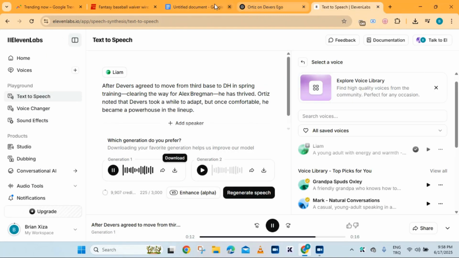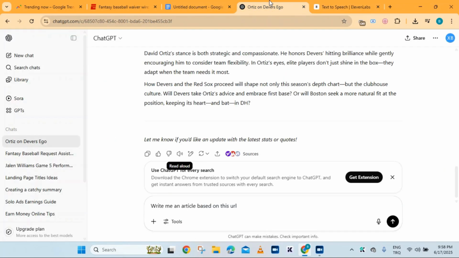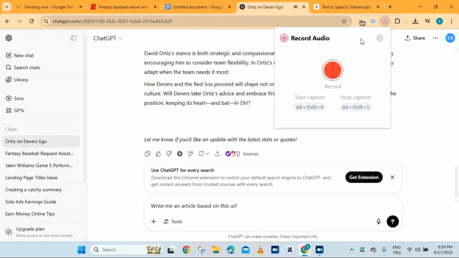For example, now let me go to ChatGPT. Let me start ChatGPT here. Now ChatGPT is talking. The next step here, I will click on that Google Chrome extension and click here to play. Now it's listening to what ChatGPT is saying. Let's give it a couple of minutes here,